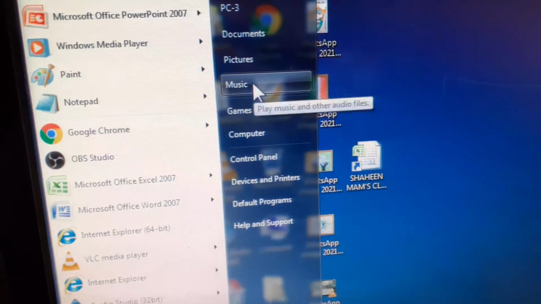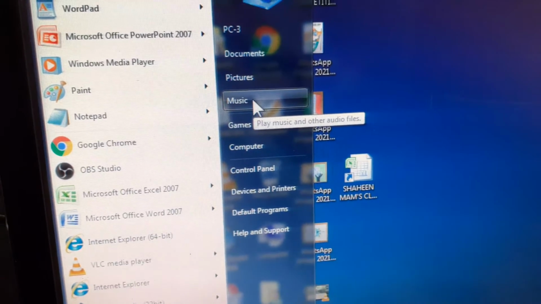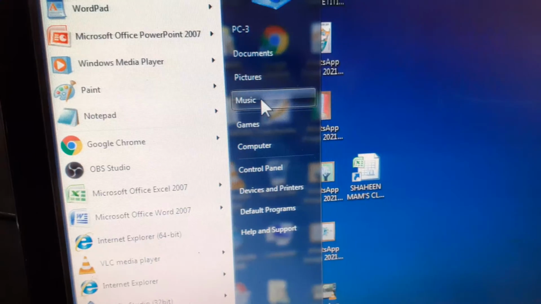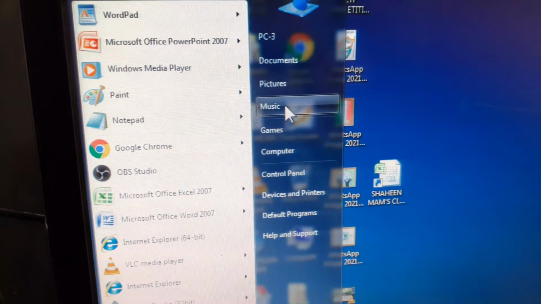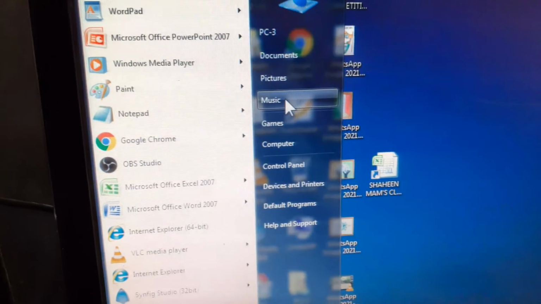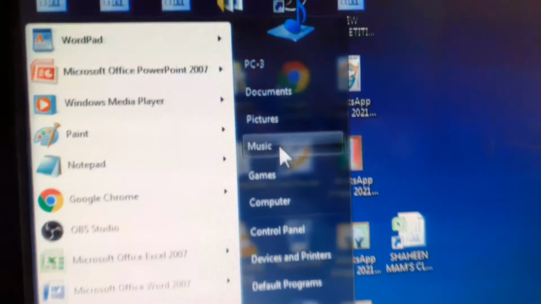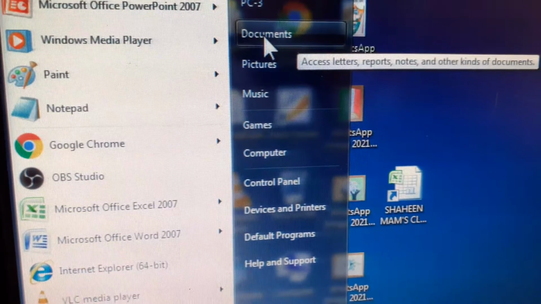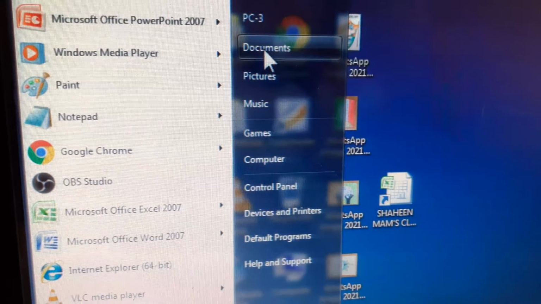Now then after, this is the music library. So here it is used to store and organize music such as songs, okay, audio files, right children? So this is the music library. Now step number 3 is click on documents to open the documents window. So here when you click on documents, okay, then you will see the documents window on the screen.